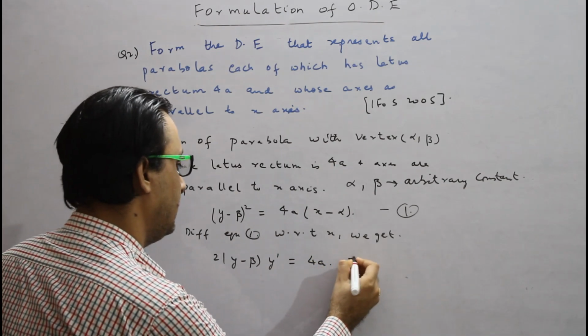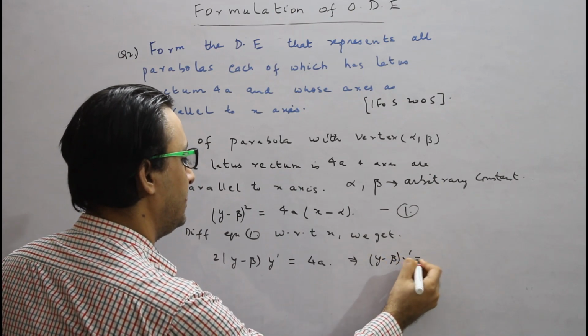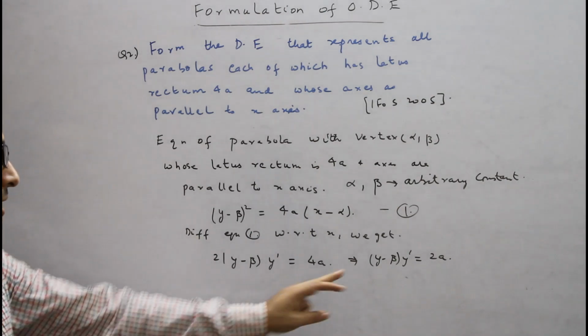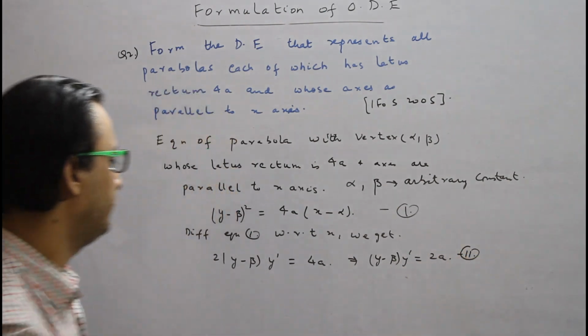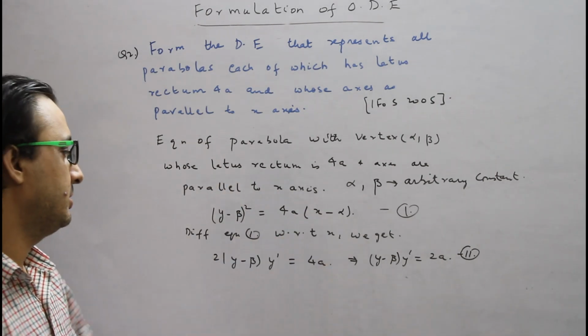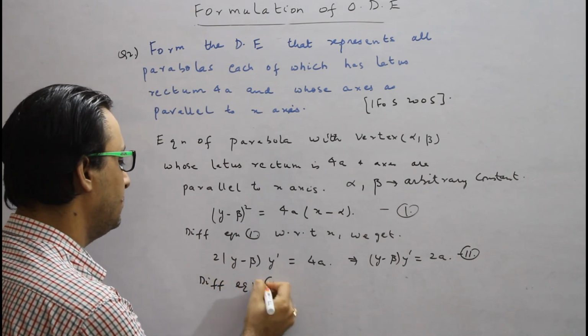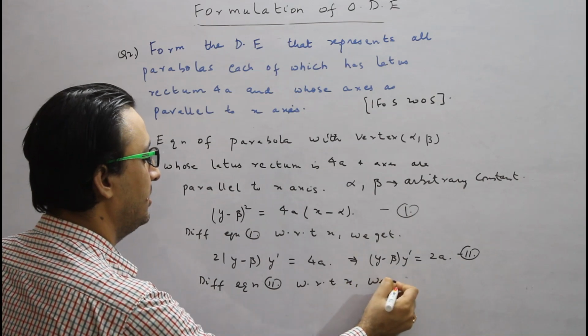So here we get (y minus beta) y dash is equal to 2a. Alright, now we can call this equation 2. Again we need to differentiate it because there are two arbitrary constants. So differentiate equation 2 with respect to x, we get